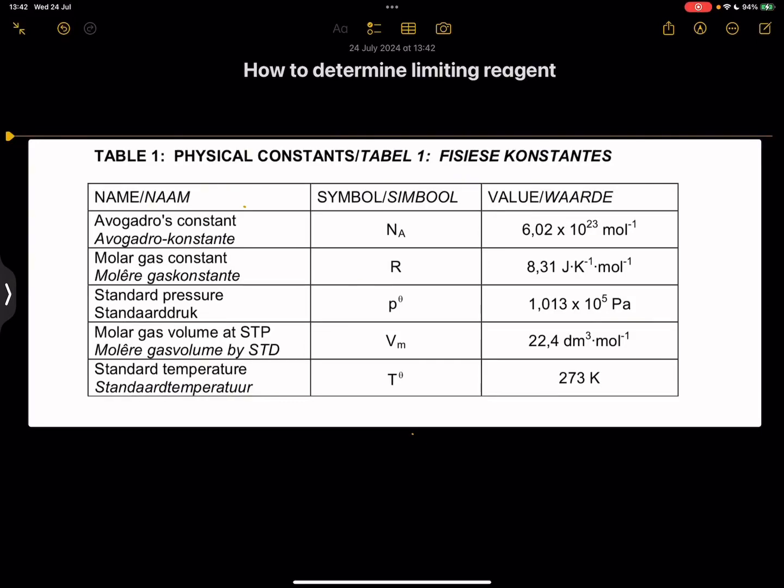All right, and this time we are going to be learning how to determine the limiting reagent, this time using chemistry. You'll remember that in our previous video, we were using our cheese and bread model to